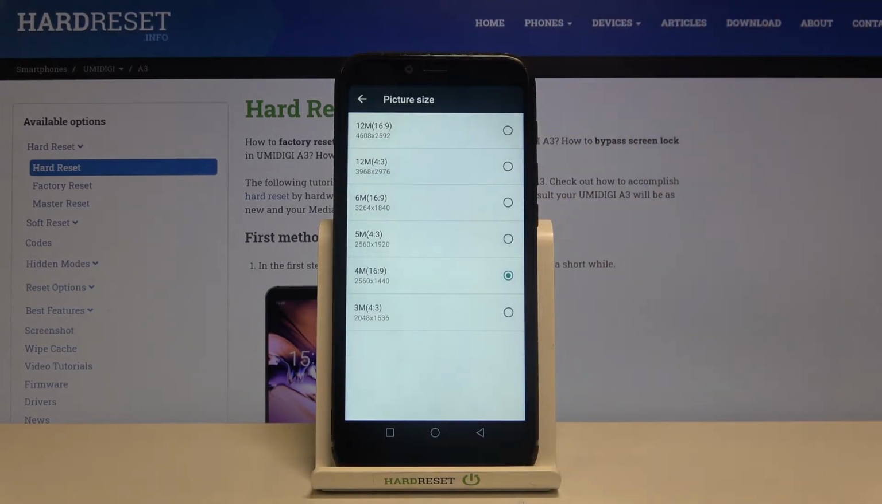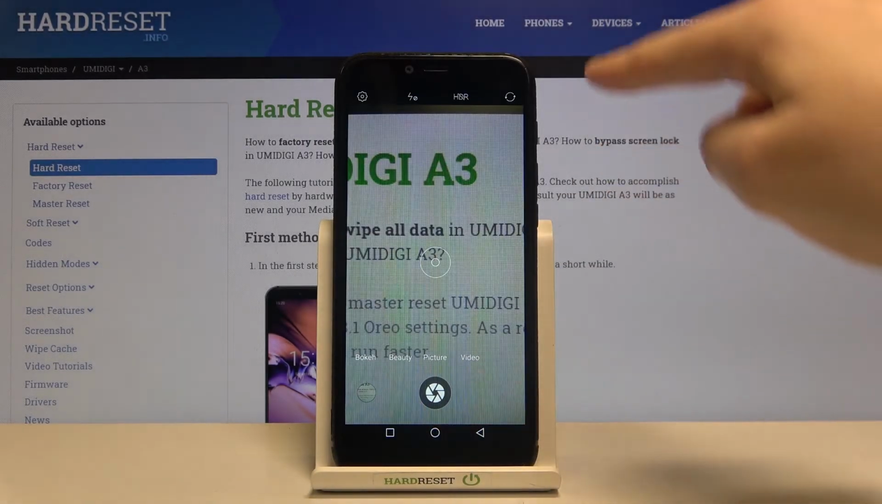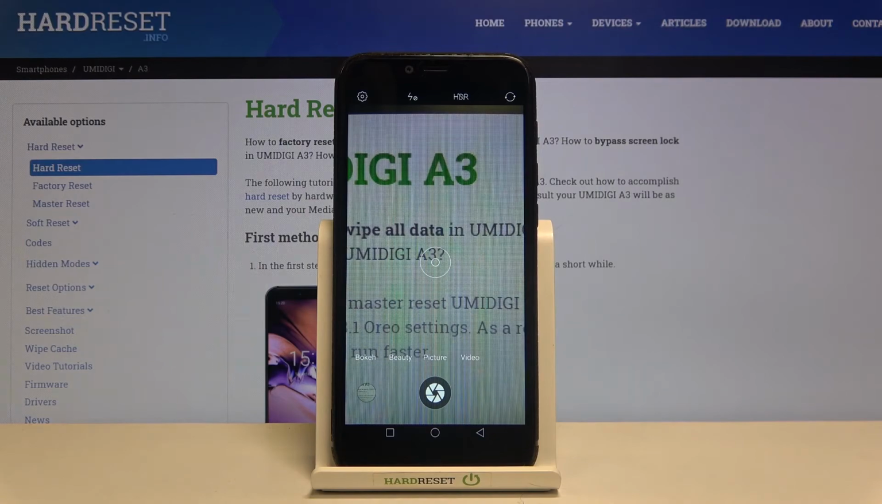And now let me show you the difference between these two ratios. We have 4:3 and 16:9. Now let's stay on 16:9 and let's go back to the camera preview. As you can see, the background has changed to the longer one, so this is the difference we can see by our eyes here. Another tap to the left corner